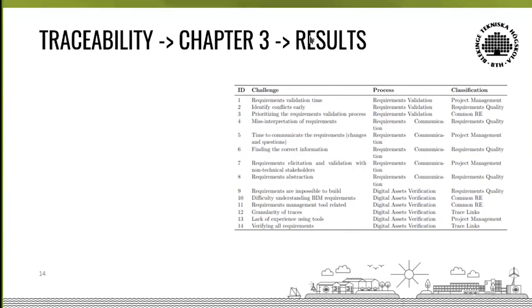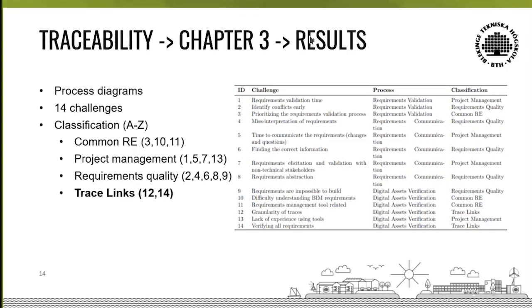Now, some of the results from our study in chapter 3: we have identified 14 challenges and also classified these challenges into these areas. We also presented a process diagram for the process that we investigated: requirements validation, requirements communication, and digital assets verification. And this classification, as we can see,